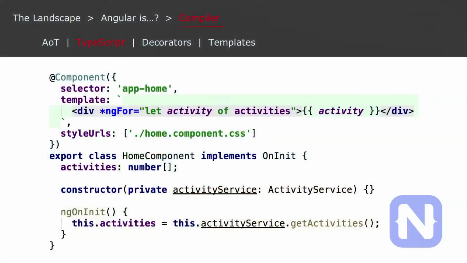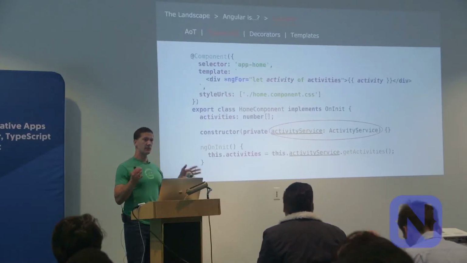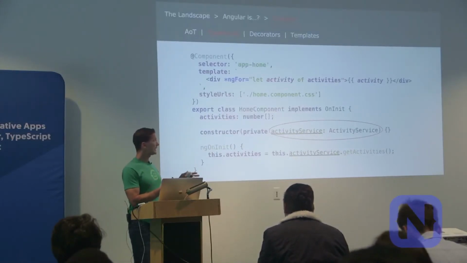So this is just a sample component in Angular. Right here there is TypeScript, like this is a typing right here. And obviously, TypeScript gets compiled down; the typing isn't actually there in the transpiled code. But beyond that, it's also used by Angular for dependency injection. And one really cool thing is that with the just-in-time compiler, which is not using this pre-compilation, you would still have this big chunk of the core framework that's needed in order to interpret this.